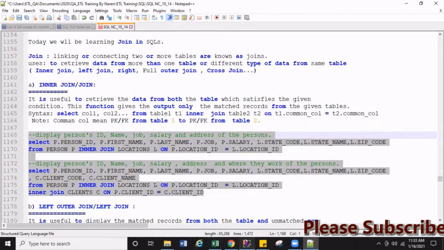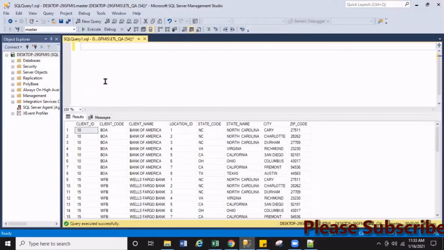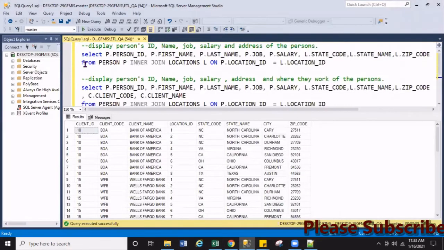Please download SQL Server Management Studio in order to do the practical work. As in the above question, it says display the person ID, and we know the person ID is from the person table.